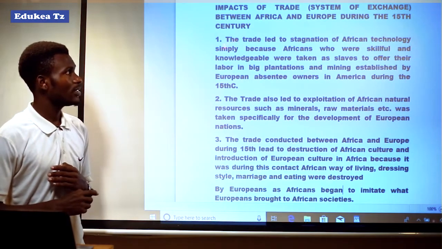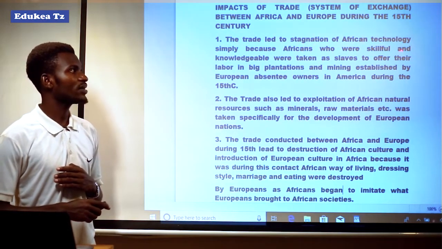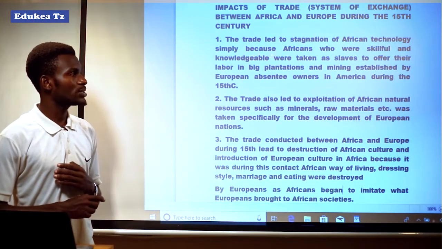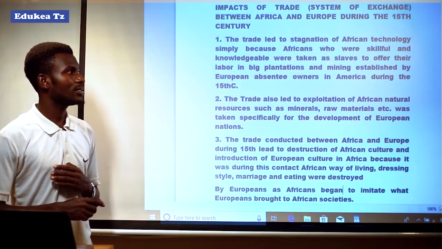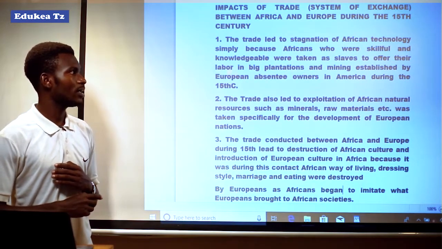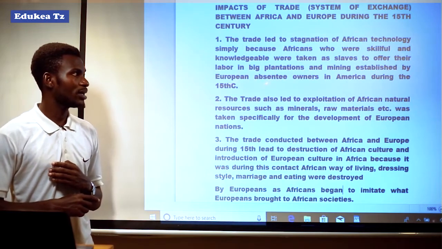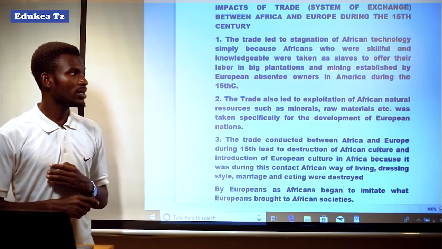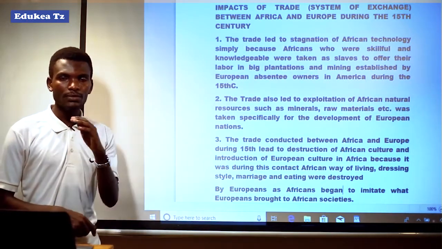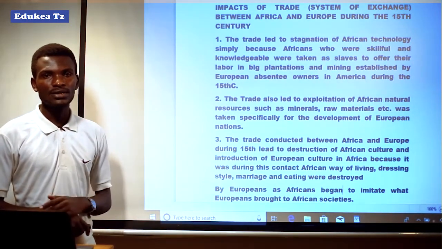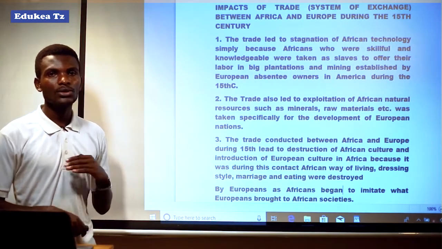The first effect or impact: the trade led to the stagnation of African technology, simply because Africans who were skillful and knowledgeable were taken as slaves to offer their labor in big plantations and mining established by European absentee owners in America during the 15th century. It means that the trading activities conducted between Africa and Europe led to the